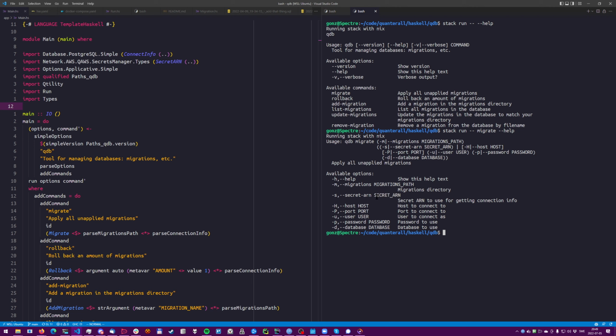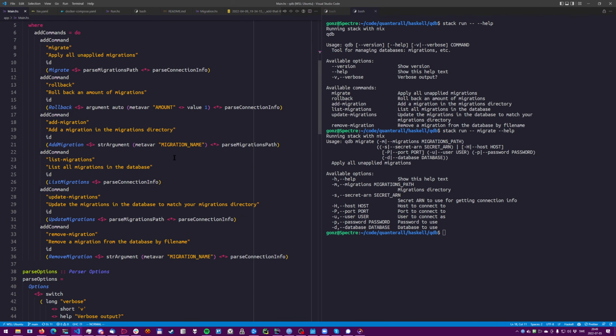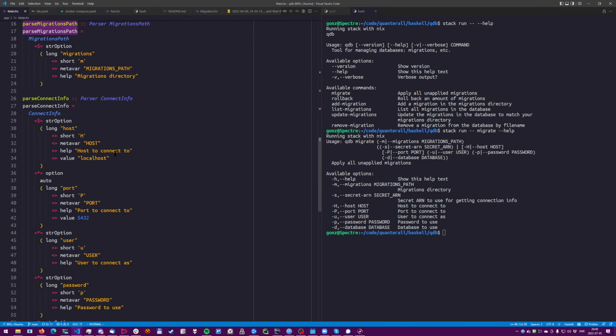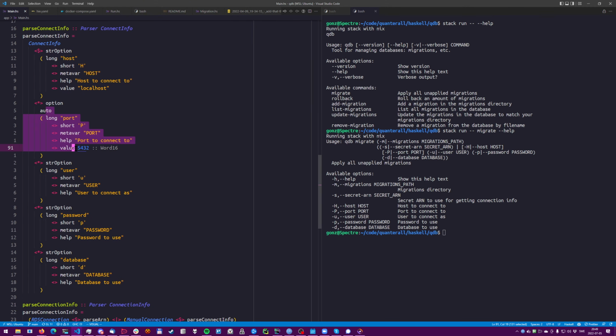The point though is that you get a lot of stuff that you have to fill in here, and these are not optional. Some of them are, because if we look at parse connection info, the port here is optional. The default is 5432, which makes sense. You could potentially add a default value for user, maybe Postgres, so that in development, this is beside the point. The point here is we have to fill in a bunch of stuff,